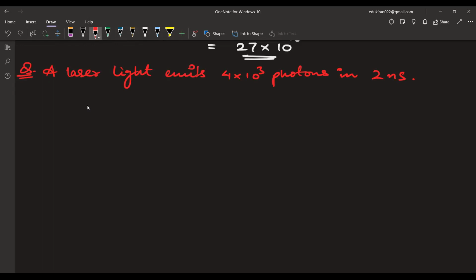In 2 nanoseconds, calculate the energy of photon। चलिए कीजिए इसको।